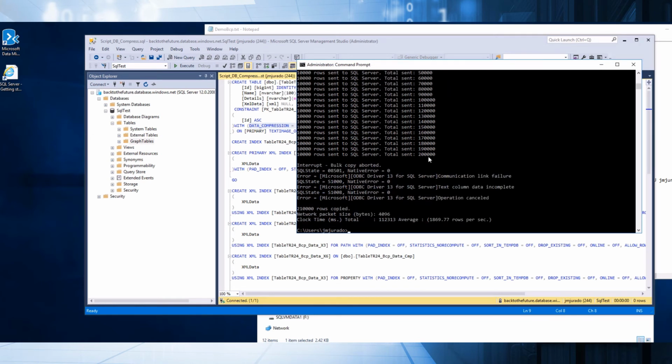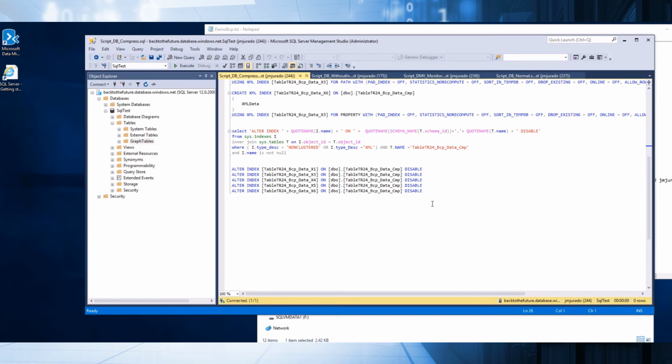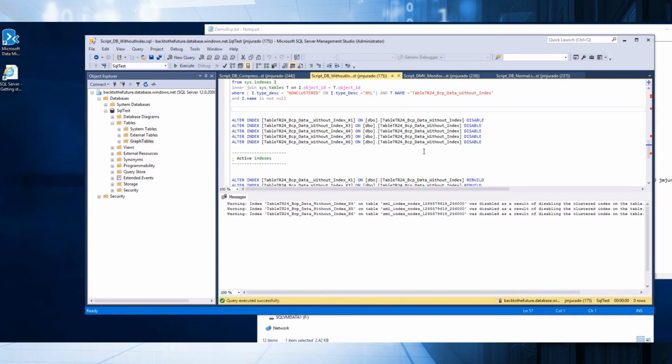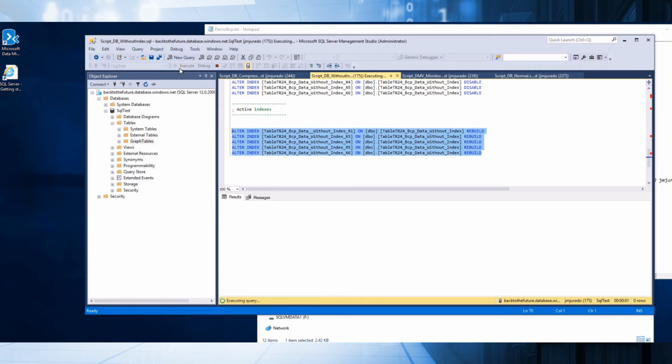This table right now has 200,000 rows, and let me show you how to rebuild the indexes. When you run this process, all indexes will be defragmented, and the statistics associated with these indexes will be calculated. So you only need to